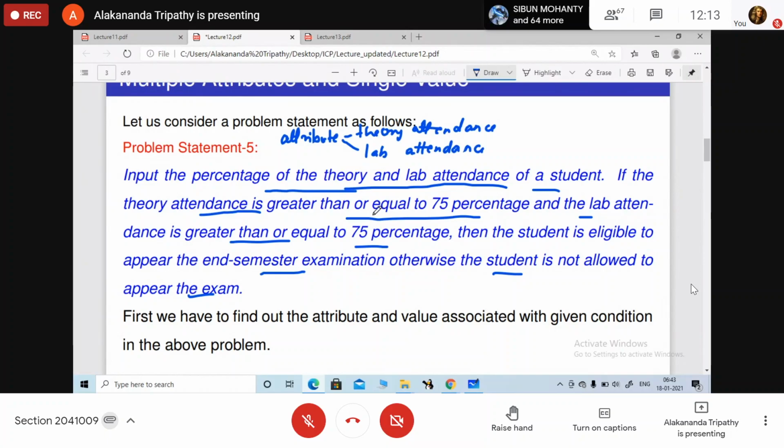Now what is the value here? The input is the percentage of theory attendance and lab attendance. Here I have written the attributes as theory attendance and lab attendance. Here we are going to find the percentage of theory attendance as well as lab attendance.